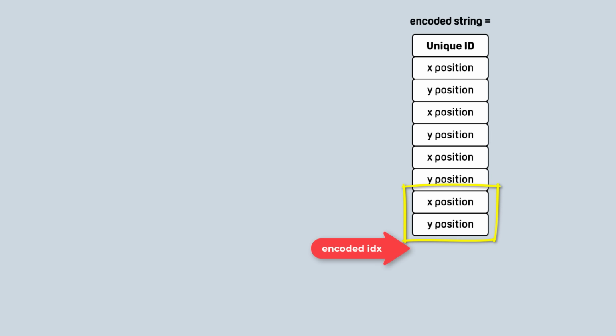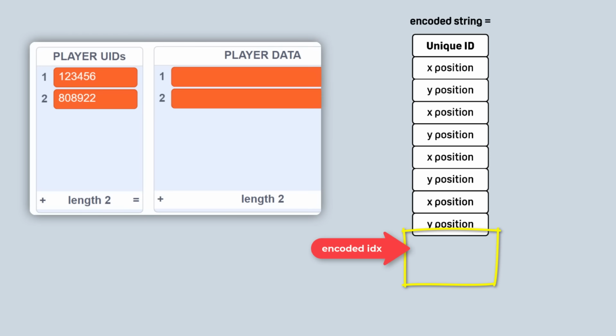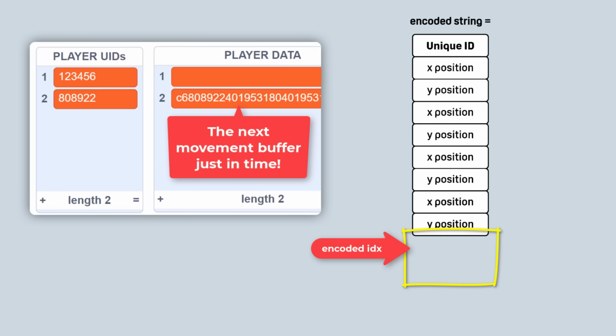But this encoded string is not boundless, only containing 4 pairs of data, so once we reach the end, we'll need to feed it more data to keep our player moving smoothly. And that is where our player data list comes in. With luck, while we were playing back the last animation from the buffer, the next movement buffer will have arrived over the cloud and have been popped into the corresponding player data list, ready for us to pick it up